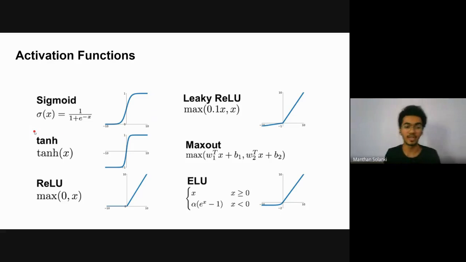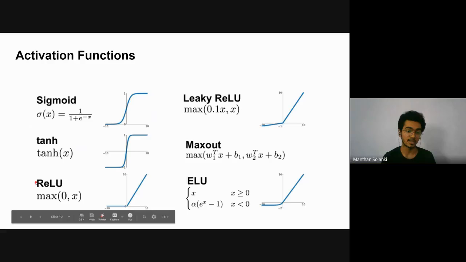Similarly, we have the tanh activation function, but the tanh activation function gives the output in the range of -1 to 1. ReLU means the rectified linear unit. It is very common and most useful nowadays because it is a combination of linear pieces: we have 0 for all negative values, and for positive x the same value is passed to the next neuron, because we are not calculating anything. So this is the rectified linear unit.